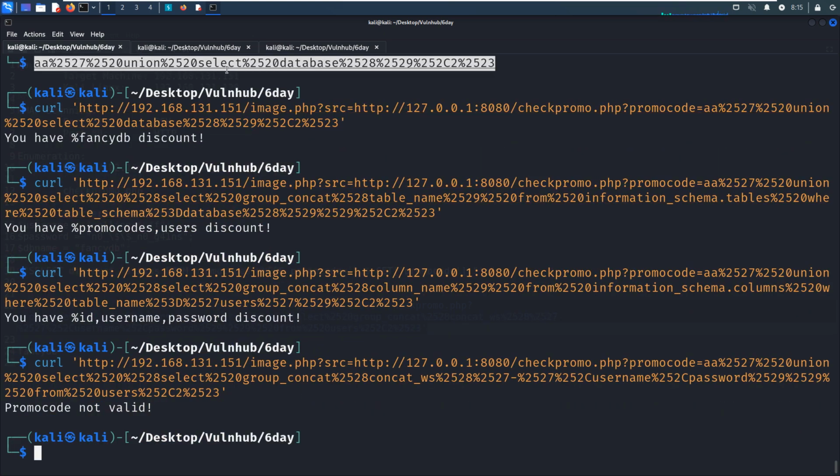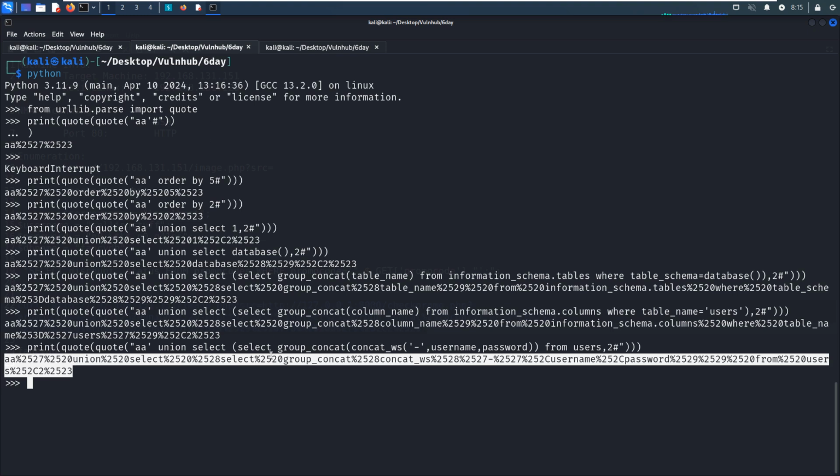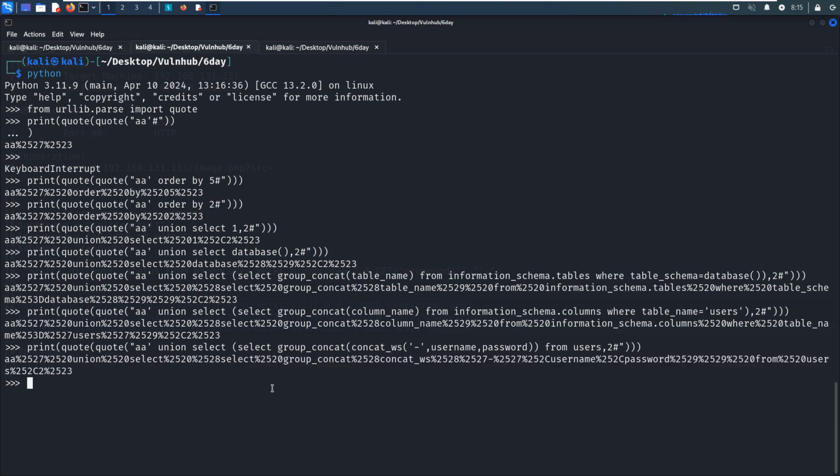Not valid. It means that there is some mistake in this statement. So I think we must be very careful. So union select group_concat_ws.